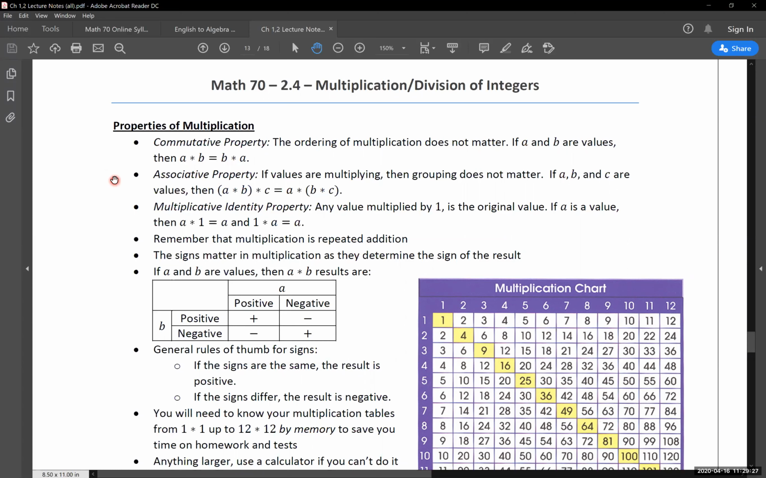Our next property that we have is the associative property, which tells us if values are multiplying, then grouping does not matter. So our grouping symbols are parentheses or brackets, depending on how we want to organize that for ourselves. So if a, b, and c are values, then if I do the quantity a times b times c, it's the exact same thing as saying a times the quantity b times c. So if everything is multiplying together here, then I can group these things and say I want to multiply these two things first, or I want to multiply these last two things first,